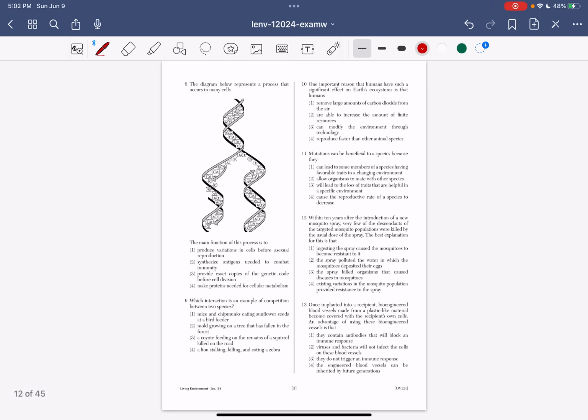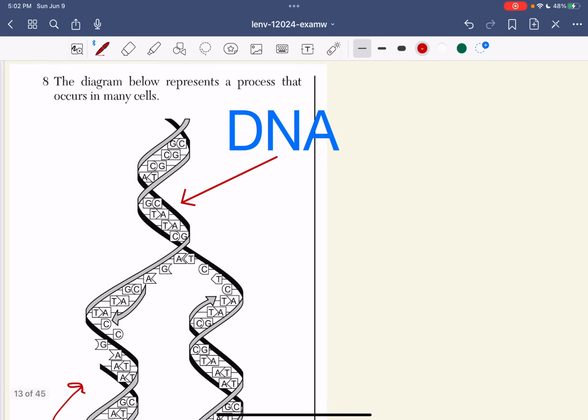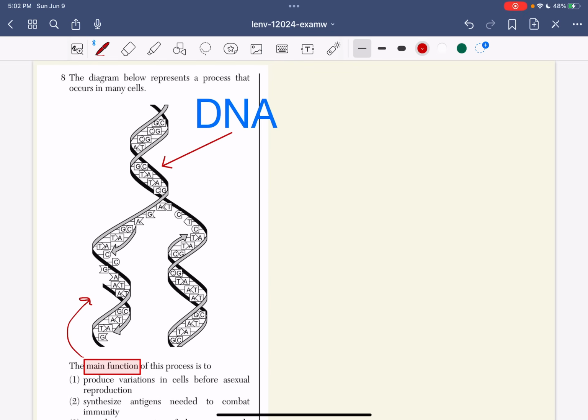Organic molecules. All right. This is page number 2, and we're going to stop at number 10. So let's get started with number 8. Okay, I already annotated number 8. Whenever you see a question with a picture of any kind, you have to take a look and make sure that you know what it is. So number 8 has a picture of the DNA molecule.